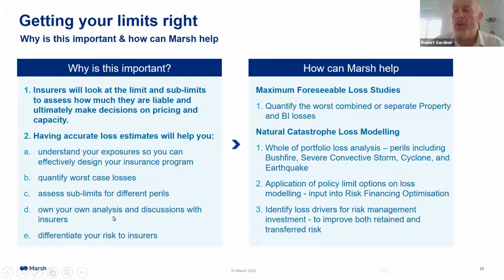So what cover might you be able to trade in a difficult renewal? But ultimately, if you are going to take more risk, it allows you to have sufficient time to analyze that data, to work with the management team and the board, and ultimately come to a decision. But the last bit is about how you differentiate that risk using that analysis. So, being able to go to existing insurers and articulate your risk, but hopefully being able to go to new insurers who historically haven't been able to underwrite your risk because of the lack of information, and using that modeling and analysis to get them on the program and create some competitive tension moving forward.